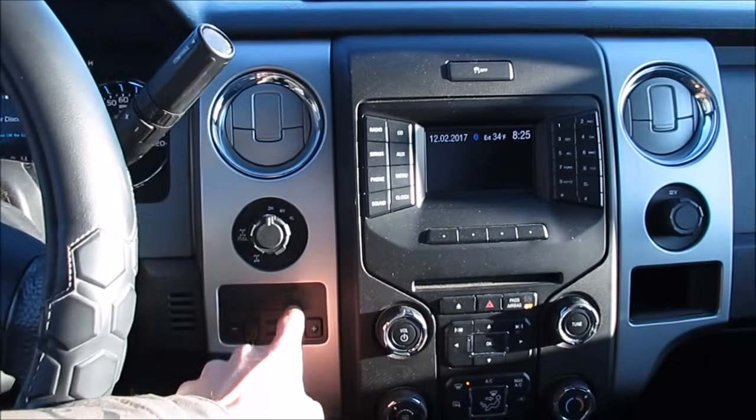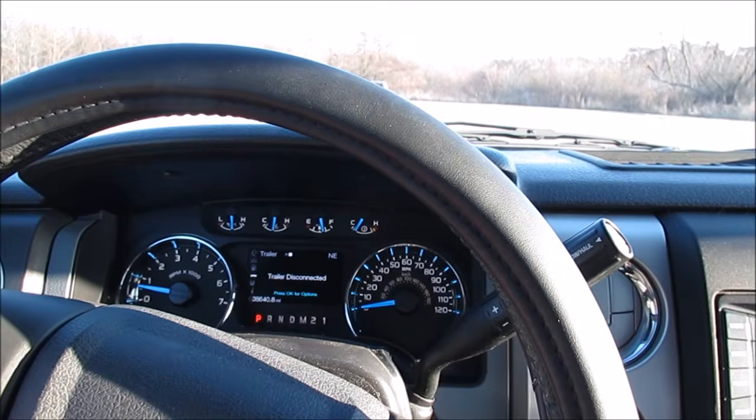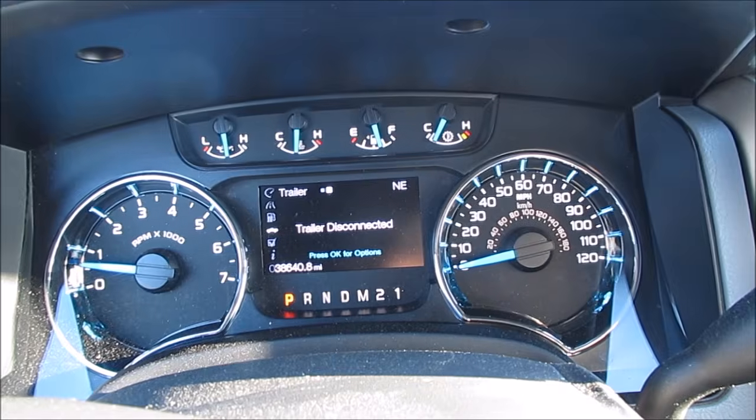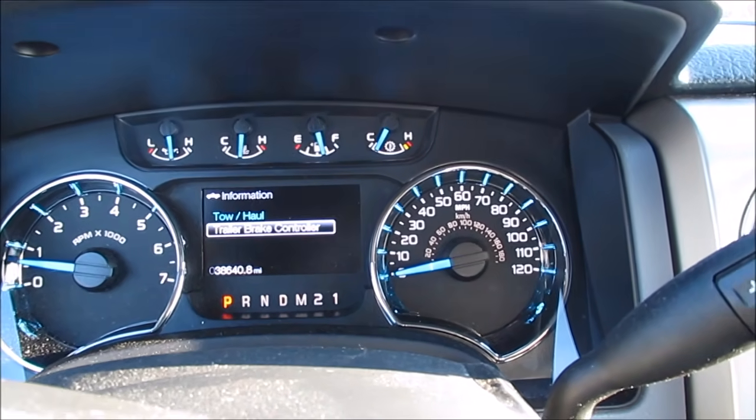Third feature I did not know my truck had: ABS brakes. Now, before you say something in the comments of all new cars have ABS brakes, yes they do, but they don't have them for your trailers. I did not realize with this truck, when you have the trailer hooked up with the factory trailer brake controller, and it'll tell you in your systems when you go to trailer or truck apps and you scroll over to trailer and you go to options and you go to information screen and you scroll down to trailer brake controller